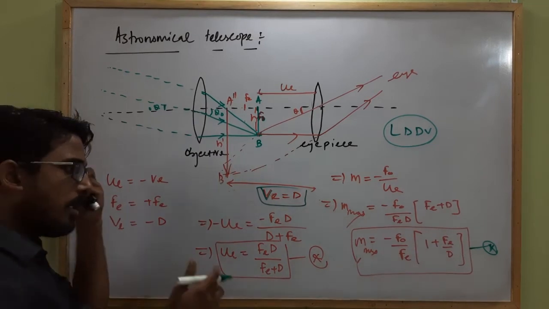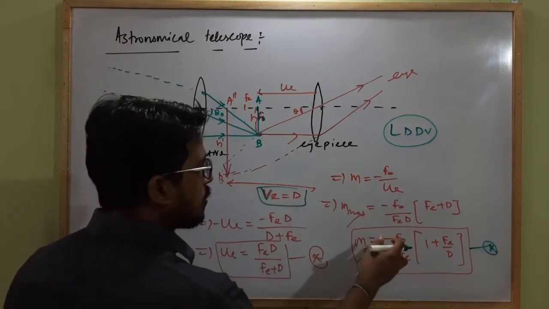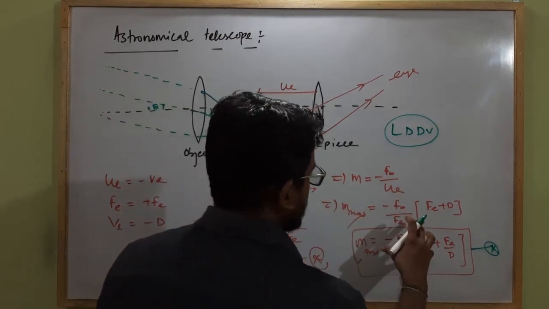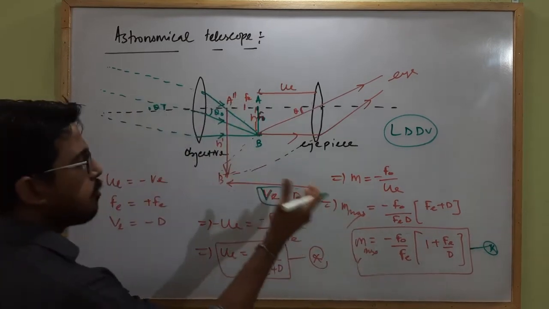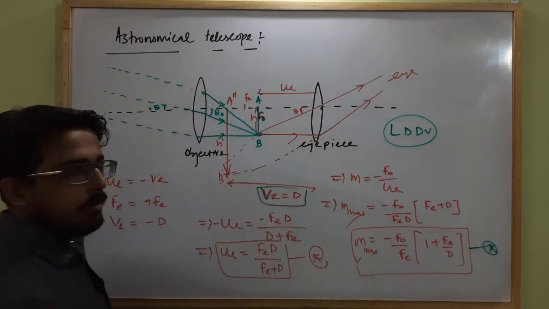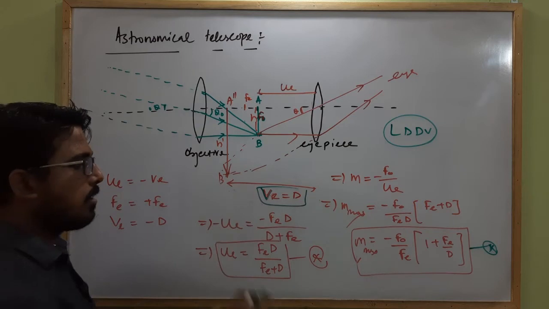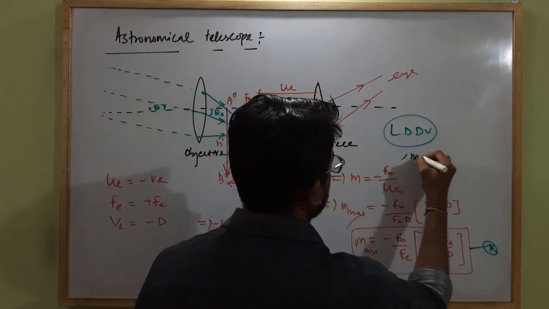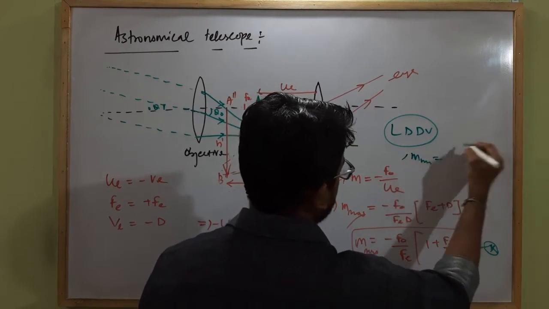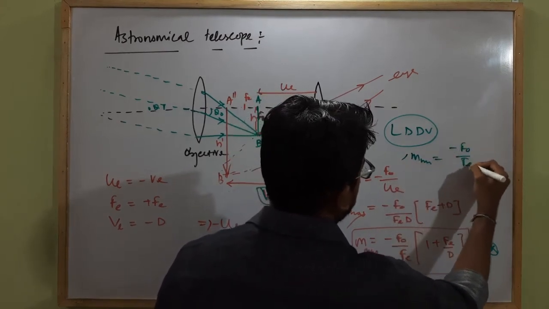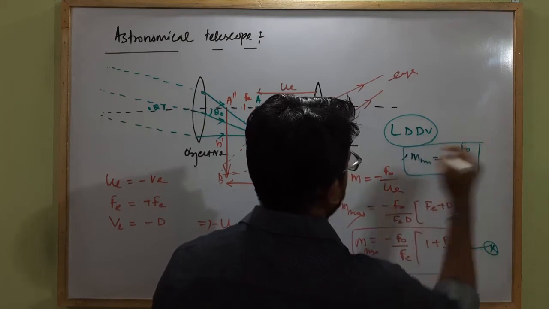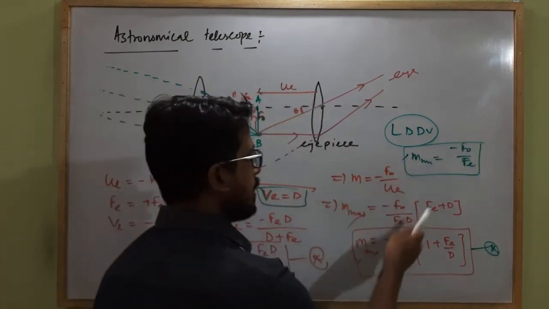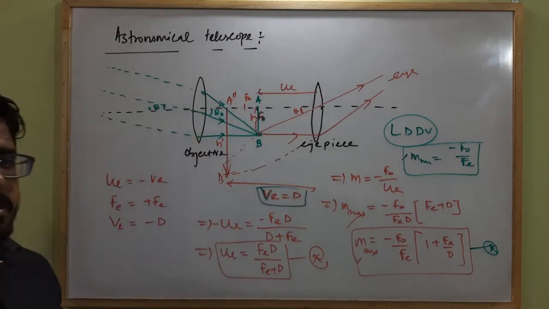And for minimum magnification, the eye remains in normal position, because in the other case we have to stressfully use the eye to get the view of this image. Clear? In normal position, we have the minimum magnification that we already derived, that is m minimum equal to how much? Minus f0 by FE. So you have to remember these two formulas for the magnification power of a telescope in case of normal adjustment and in case of image formed at least distance of distinct vision.